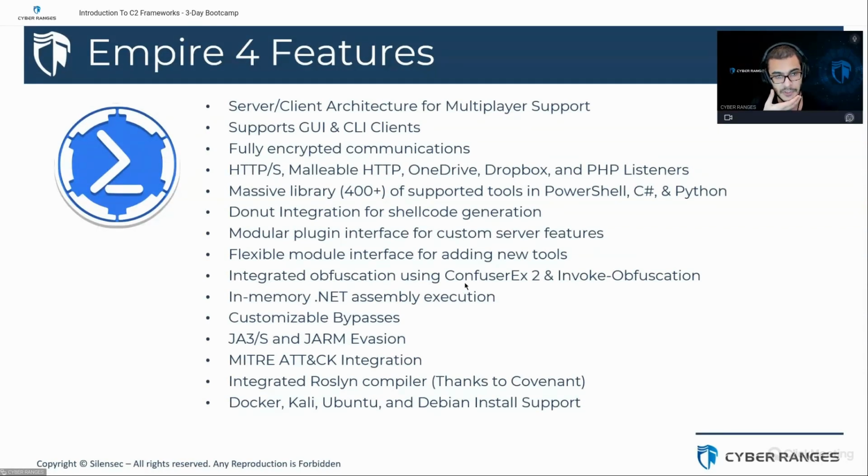It has HTTP, HTTPS, malleable HTTP, OneDrive, Dropbox, and PHP listeners. OneDrive and Dropbox specifically for exfiltration of data. And it has a massive library of 400 plus supported tools, and in this case modules in PowerShell, C# and Python. It has a donut integration for dynamic shellcode generation, and a modular plugin interface for custom server features. This is where I really like it, because if you've used Metasploit for a long time, using Empire is just a breeze. It has a flexible module